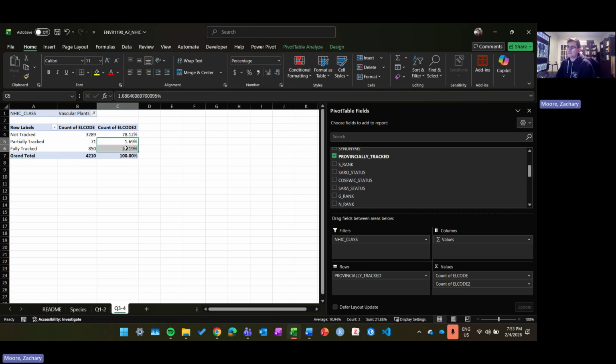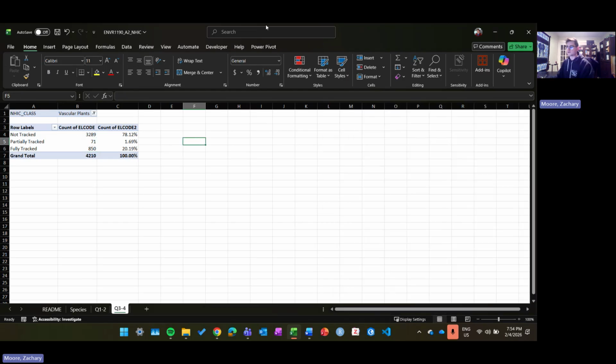So we could either add these two numbers together, which if we just highlight them, we can see that the sum is 21.88. And then the total number of species is 921. We could also use our equals SUM function. We could add those cells, but because I'm showing you the pivot tables, one of the things that we can